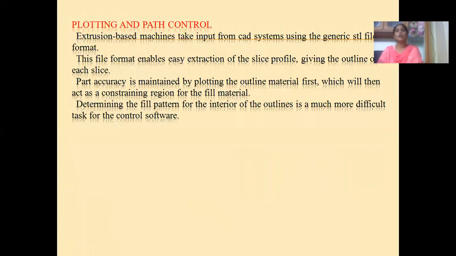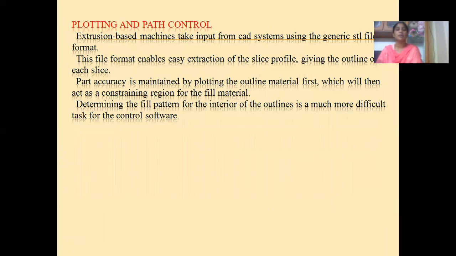Next, plotting and path control. Plotting and path control means extrusion-based machines take input from CAD systems using the generic STL file format. This file format enables easy extraction of the slice profile, giving the outline of each slice. Part accuracy is maintained by plotting the outline material first, which will then act as a constraining region for the